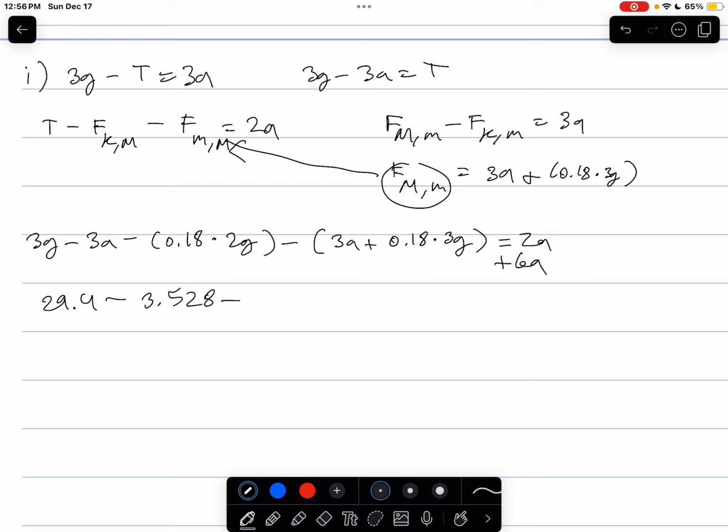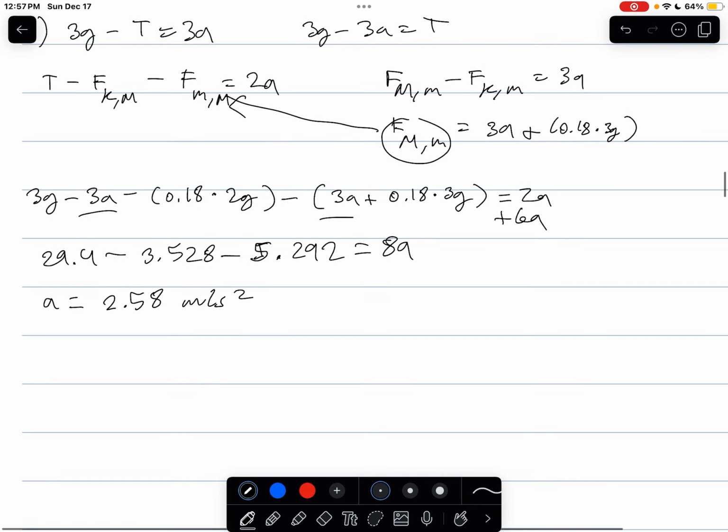So it's just 0.8 times 3g, which is going to be 5.292, equals 8a. And then a should come out to be about 2.58 meters per second squared. I mean 2.57